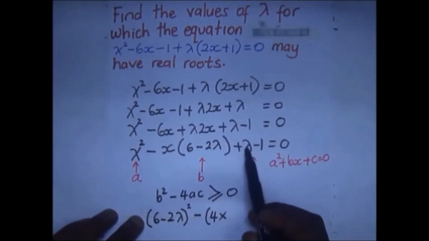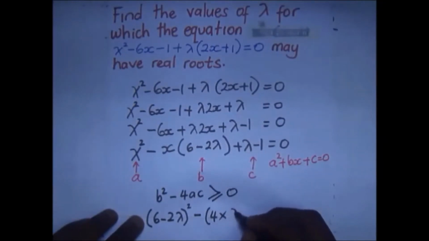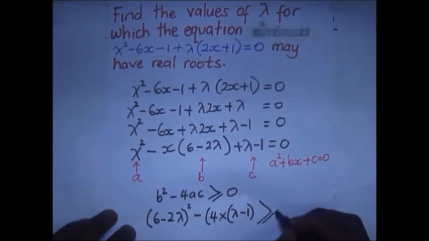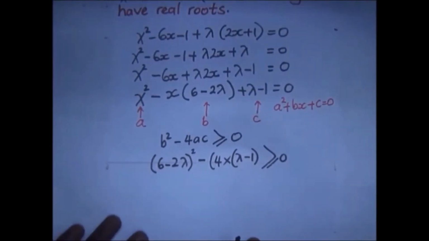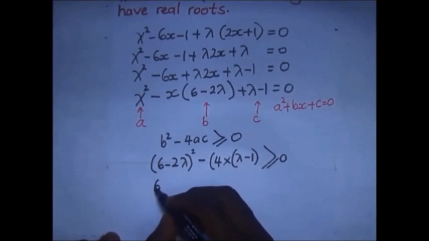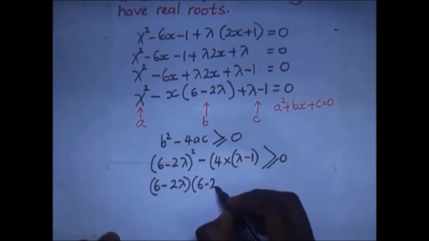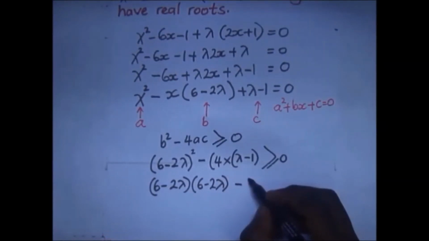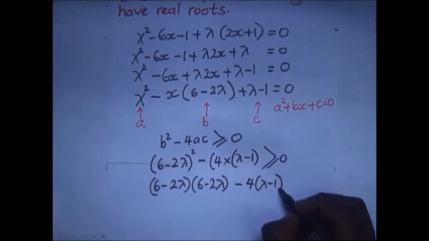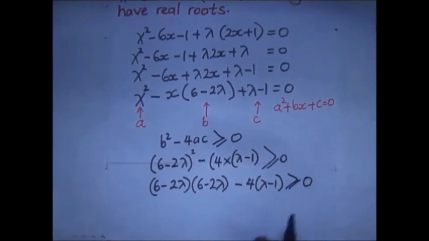The value of c is lambda minus 1 times lambda minus 1 is greater than or equal to 0. So we proceed with our calculation. We shall end up with 6 minus 2 lambda into 6 minus 2 lambda minus, this is going to be 4 into lambda minus 1 is greater than or equal to 0,